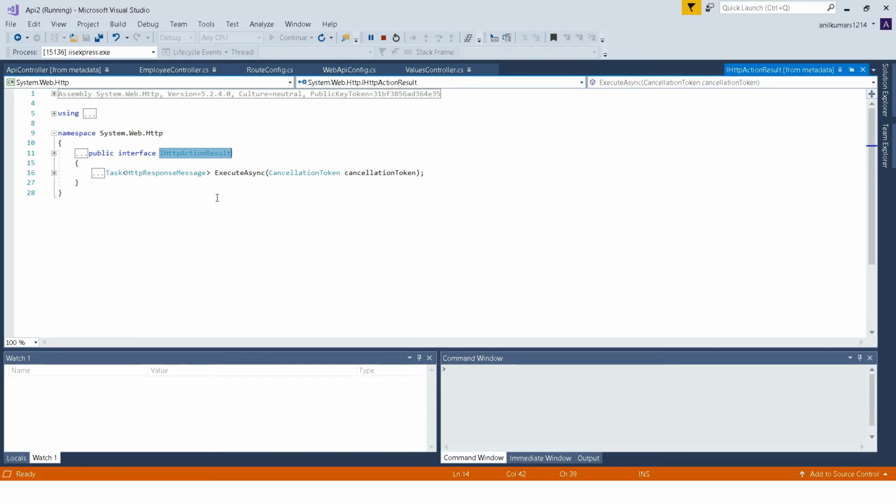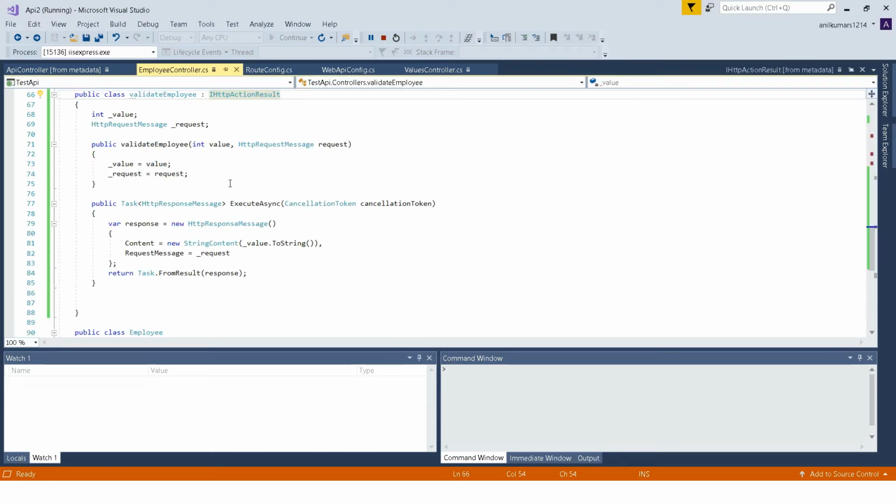If you click on it, this is ExecuteAsync, and you must implement this. What I did is I returned the response, which is an HttpResponseMessage with string content. I converted my int value to string, and for the request, I assigned the same request message. And I am returning it from the result.